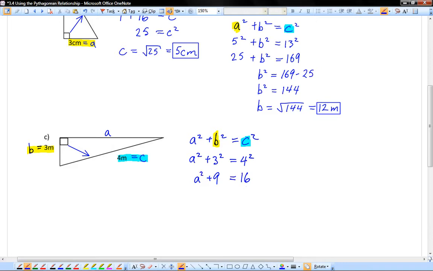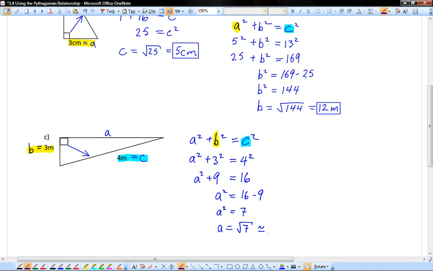And now, when I square a, that gives me a squared. I'm going to add 9 to get 16. So to get a squared by itself, I have to do 16 minus 9. And so a squared is 7, which means that a is the square root of 7. Now, I know that 2 squared is 4 and 3 squared is 9, so the square root of 7 should be somewhere between 2 and 3. Now, I can guess maybe 2.7,